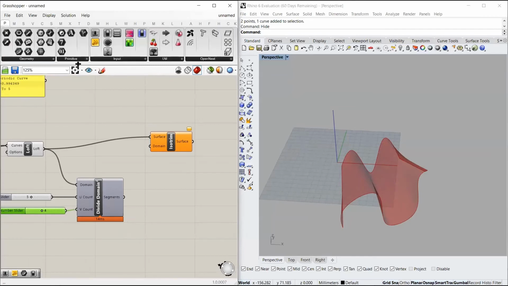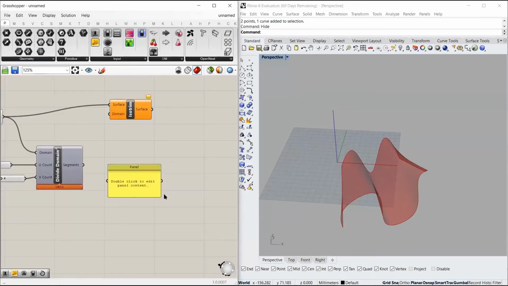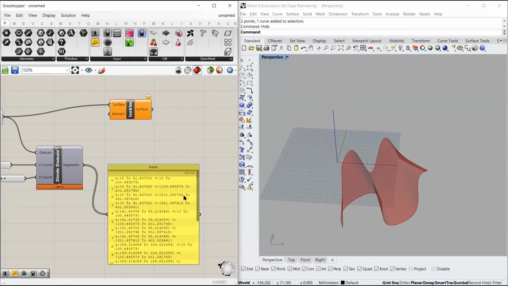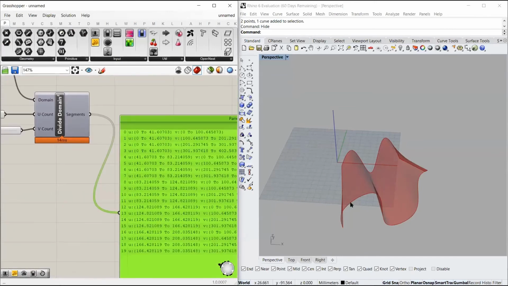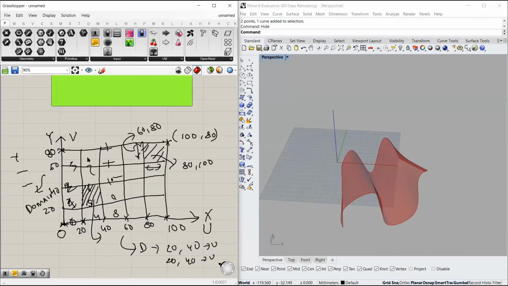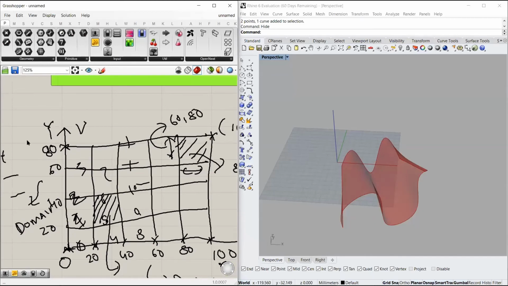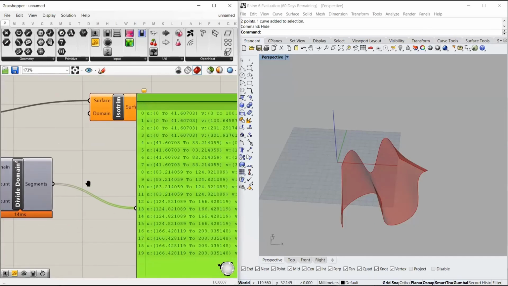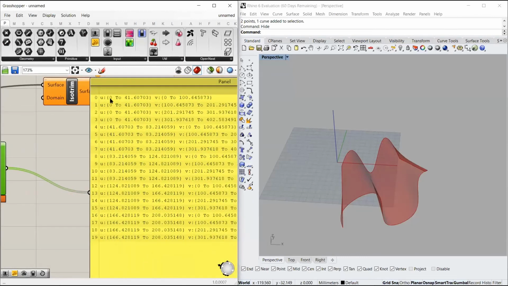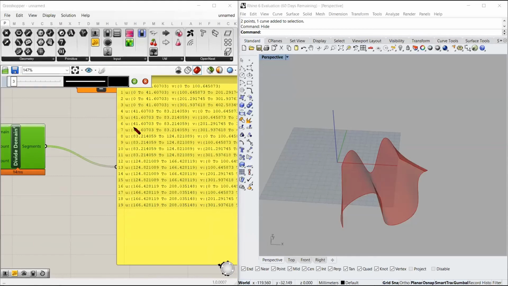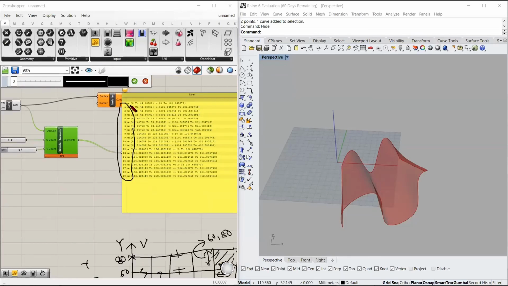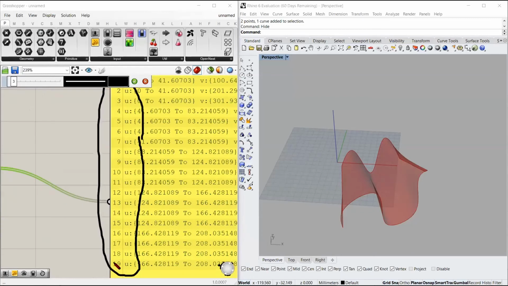And now if you read the output, I can enlarge it, you can see it created 20 different domains, because when we divide it into 5 and 4, it will create 5 into 4, 20 different surfaces. So this component created 20 different domains starting from 0 to 41 in U and 0 to 100 in V, depending on the domain of this, and it created such domains for all of these 20 subsets. So it started from 0, ended in 19. That means it has 20 surfaces.